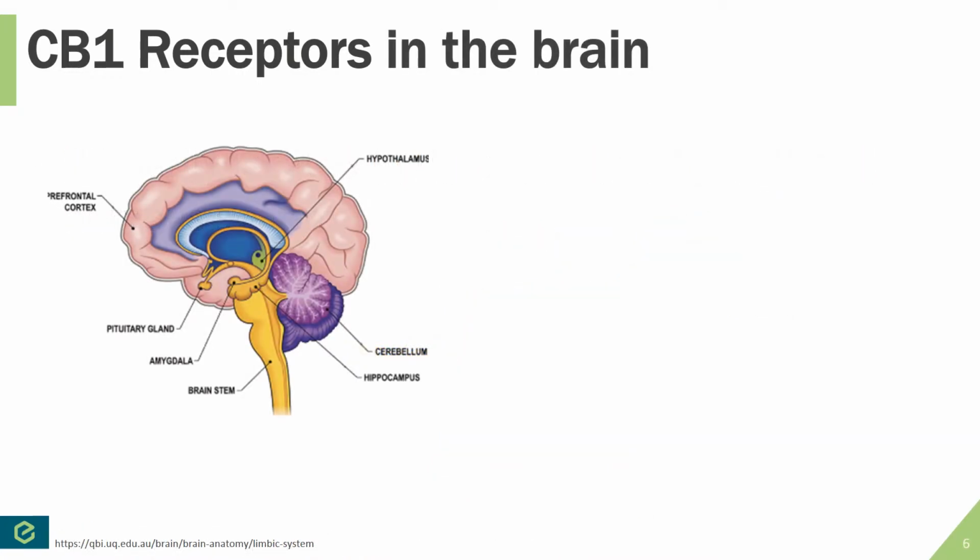Next, we're going to talk about the effects of the CB1 receptors within the brain. There are 4 regions of the brain that are the most sensitive to the effects of the endocannabinoid system, so we're going to go through each of those regions right now. One thing just to be aware of before we get into that is that each of these regions of the brain will have different effects depending on which cannabinoid it is that is activating the endocannabinoid system in that section